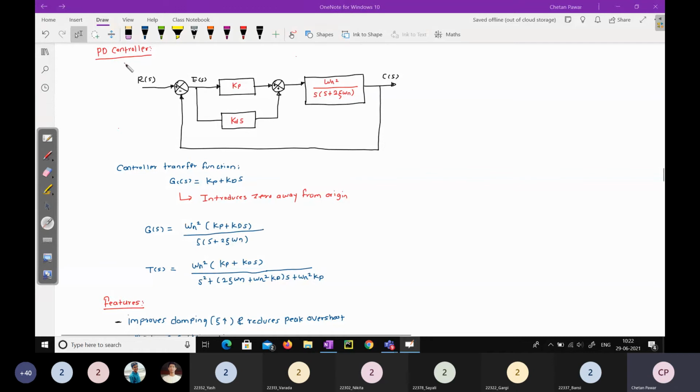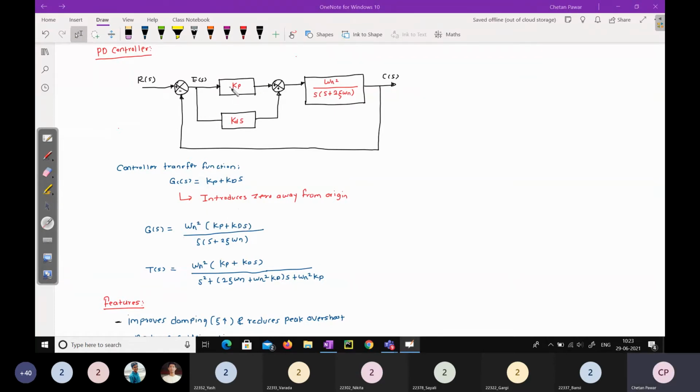So here in the PD controller, this is the proportional controller and this is the derivative controller. Addition of these two controllers will be there. If you see the controller transfer function, that will be Kp plus Kd into S. So there is a finite zero in the transfer function of the controller. So if we add this particular controller